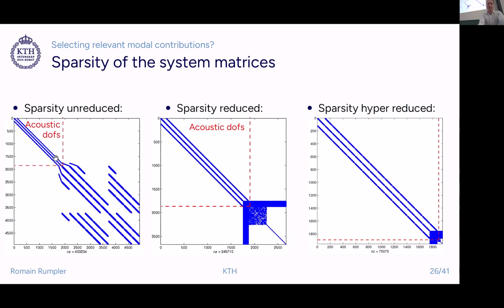You have the acoustic degrees of freedom here, the sparsity, and all the degrees of freedom associated with the poroelastic layer. Then you project on the modal basis, and what you get to see is that the coupling at the interface degrees of freedom is fully populated. This is due to the component mode synthesis approach. This is not what we are looking at. What we're interested in here is this part. And this part tells you that about 50% of the matrix is indeed diagonal, and the rest is fairly sparsely populated,